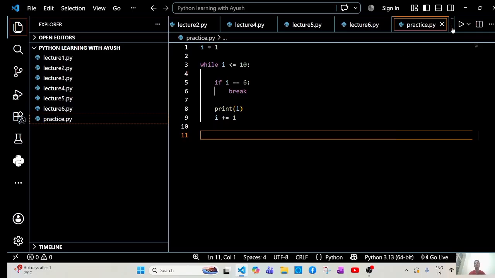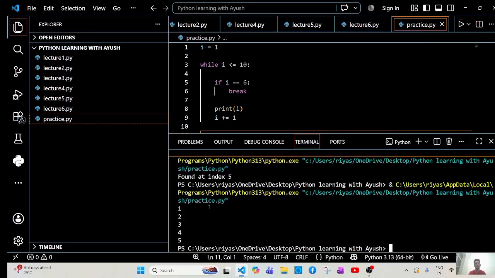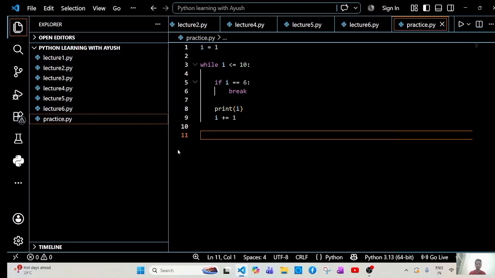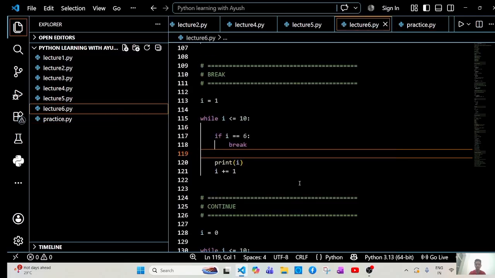So if we see the output, 1 2 3 4 5. Okay, so if you notice, 6 is never printed because the loop stops before printing it. And search once again, then we have next, that is